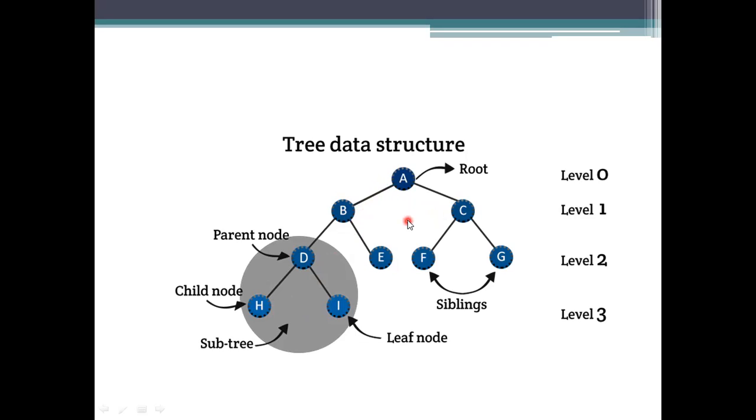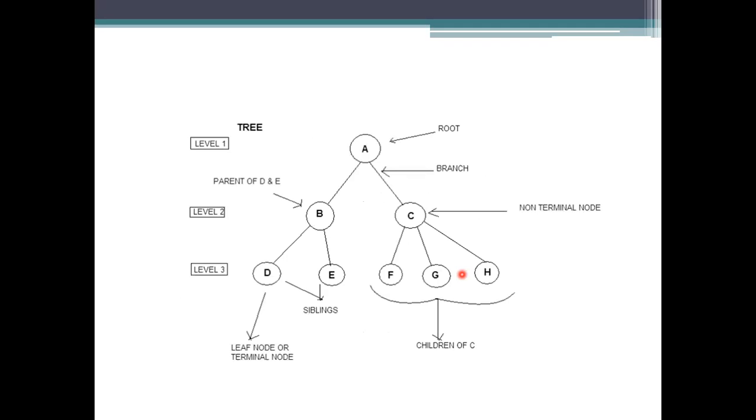Descending is traversing from A to H, A to E, A to I, A to F or A to G, that is, from the root node to a leaf node. Climbing means traversing each and every node, not just from one root node to a leaf node. It has to traverse from each and every node.